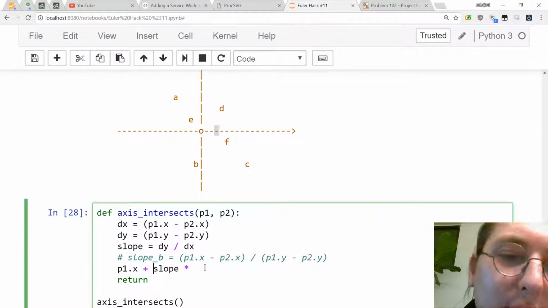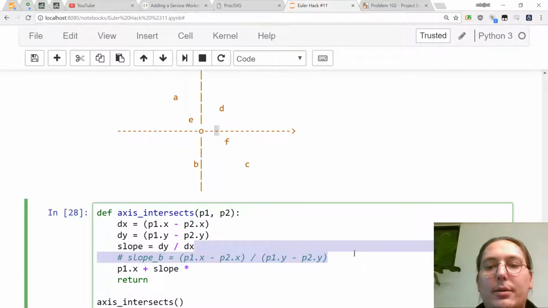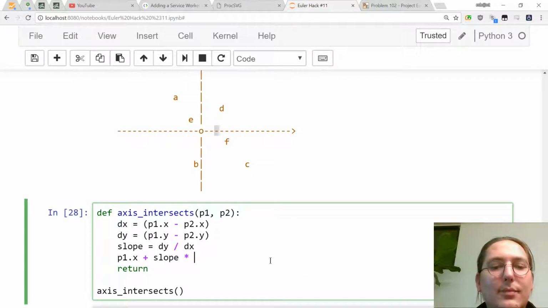Wait, we want to get to... High school math is so far away. So we're going from A to F. If we go by distance x, then we get,